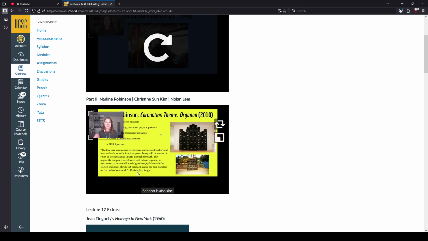And that is also mirrored in the sounds that she uses. So she uses organ music, she uses excerpts from Martin Luther King Jr.'s speech, she also uses classical music from Handel's Coronation Anthem, she uses bass riffs from Jamaican dub songs, she uses sermons, prayers, protests, so it's really just this big mashup of different sonic signifiers from the Black experience and the